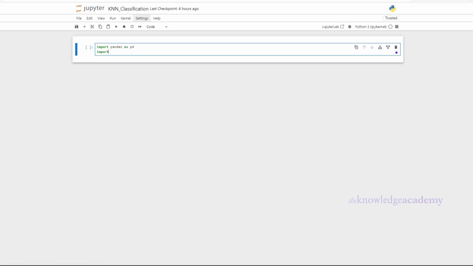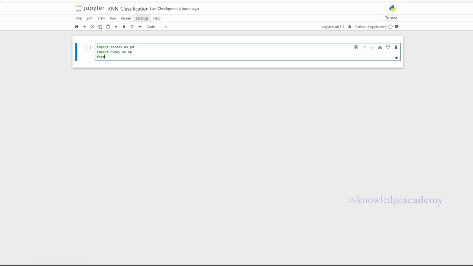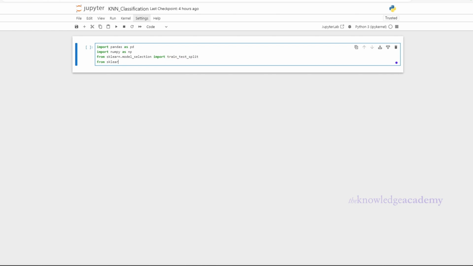First, we will import pandas and numpy, and then we'll use the scikit-learn library and a customer behavior dataset to predict whether a customer will make a purchase. Let's start by importing the necessary libraries and understanding their roles. First, train test split. It splits the dataset into training and testing sets. Next is standard scaler. It standardizes features by scaling them to a mean of 0 and a standard deviation of